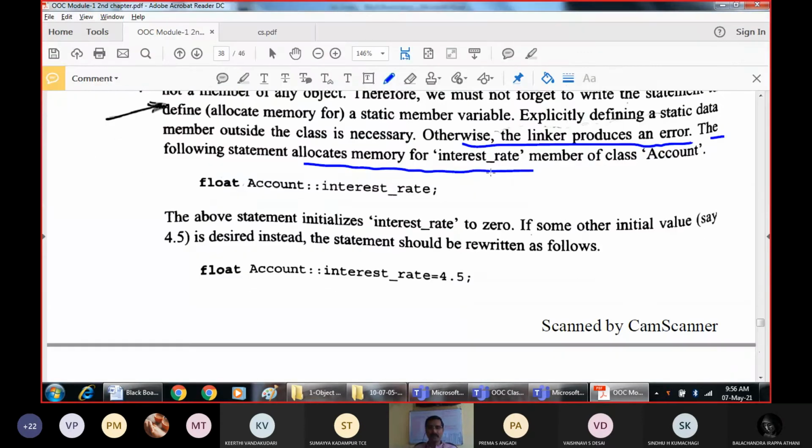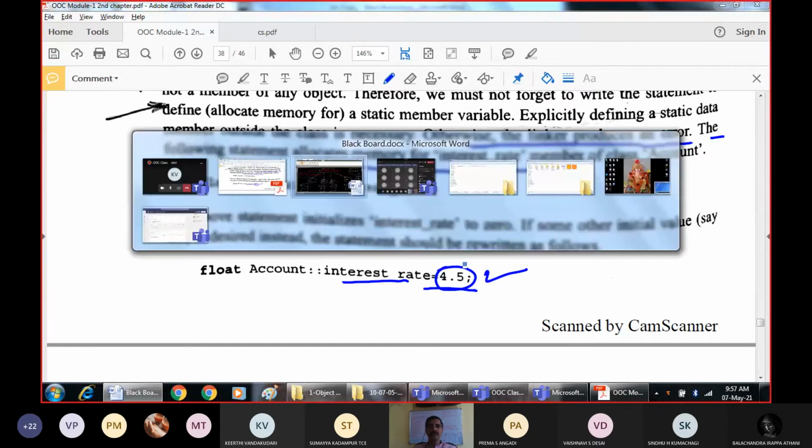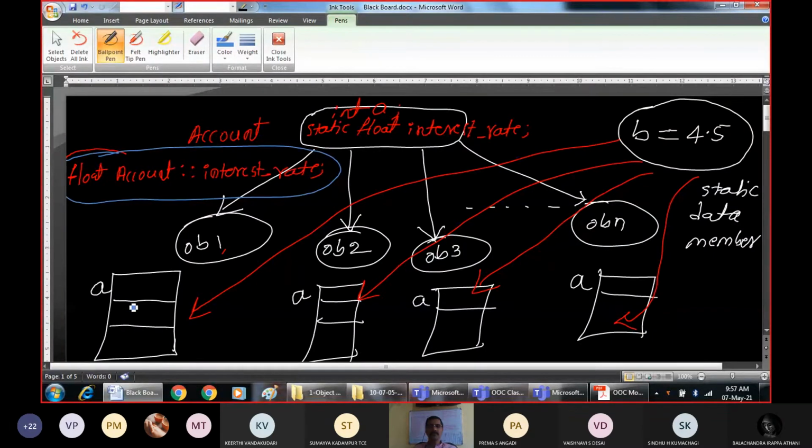And once you reserve memory, you should give some initial value for the static data member, say for example 4.5 in this case. If you want every object to use a fixed interest rate of 4.5, do initialize that. That means every object will assume the value of interest rate as 4.5.